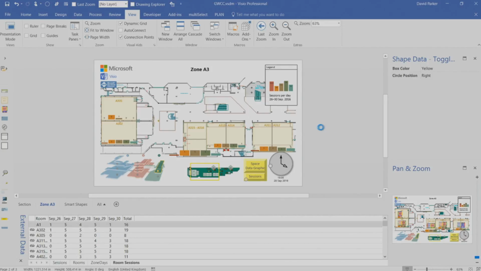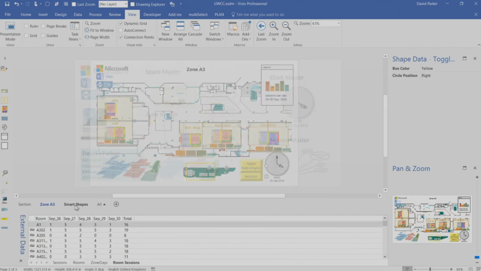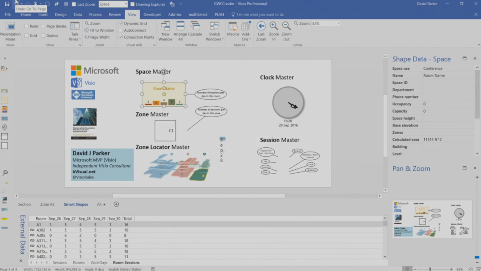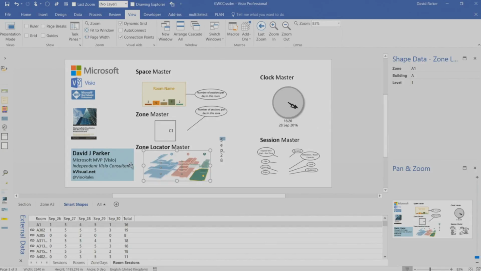So as those sessions switch their visibility on, there we go. We can see that some of them are fading in and fading out: fading out because they've just happened, fading in because they're about to happen. So all I had to do for this is quite simply reuse the space shape that we've seen in all of the previous examples I've shown you, create a zone master, a zone location master, and if I switch on my session shape, which I'll go back to here to show,